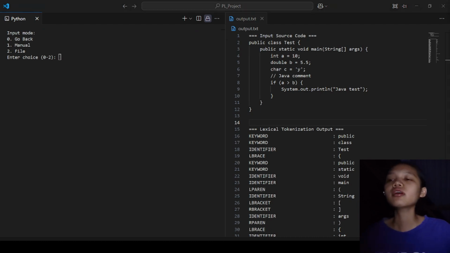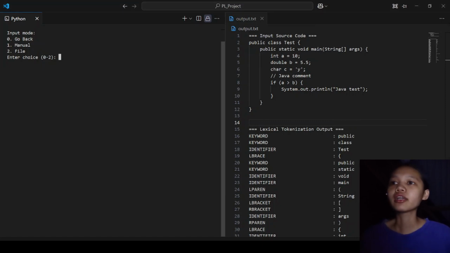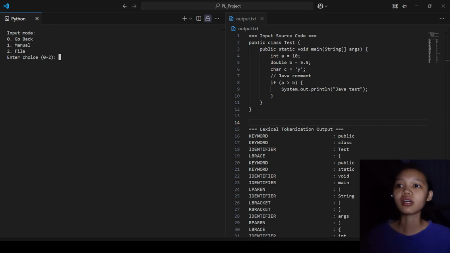Okay, so another case scenario: what if a user inputs a file or code that has an error? Let's try the Python language, and then manually input code with invalid syntax.